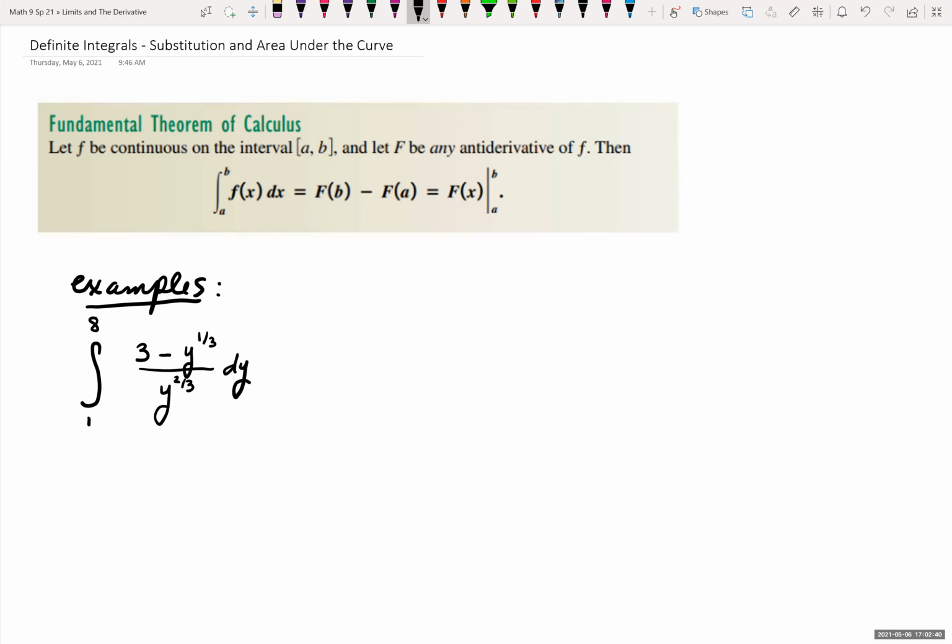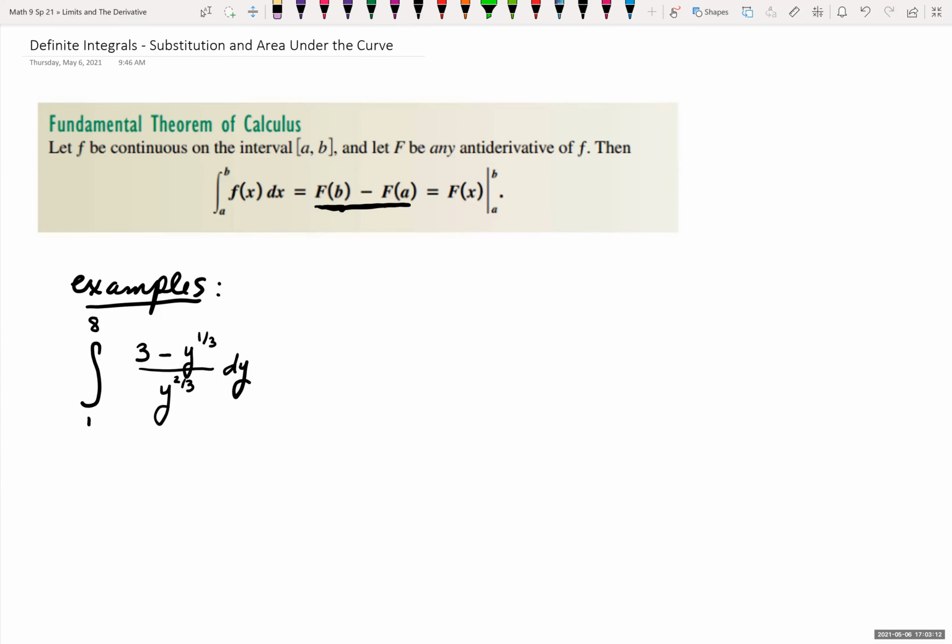But the fundamental theorem of calculus says that if f is a continuous function on some interval [a, b], and let capital F be any antiderivative of little f, then we can say that the integral bounded between a and b of f of x dx is equal to the antiderivative of f of x evaluated at the upper bound minus the antiderivative evaluated at the lower bound